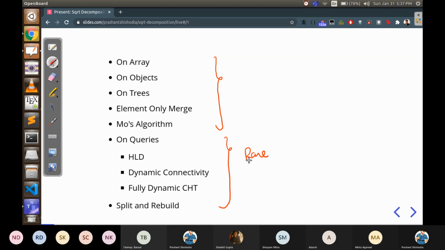So these are rare. They are good to know, but they don't appear as frequently. But if you just know the first few, then you can solve all the square root decomposition problems from 2300 to 2500 rating on Codeforces. So let's see. I couldn't get hold of PowerPoint,